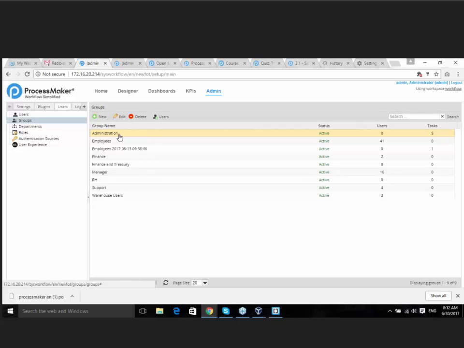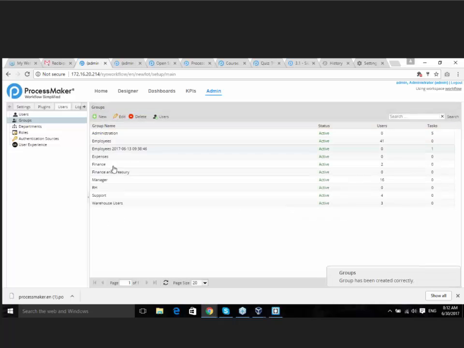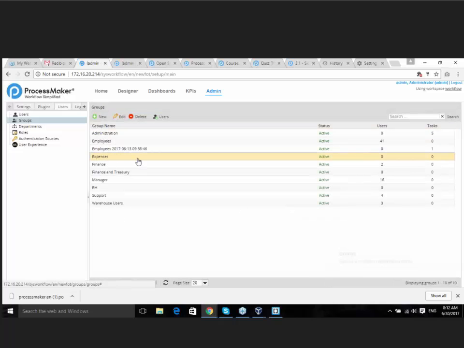Okay, now I'm going to start using this. I'm going to create a group, and I'm going to create my group. It's going to be, for instance, my group of expenses. For instance, it is one of the options. I'm going to save it. And by creating expenses, I'm going to have